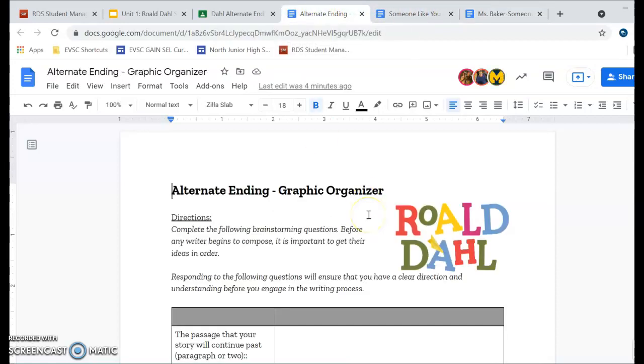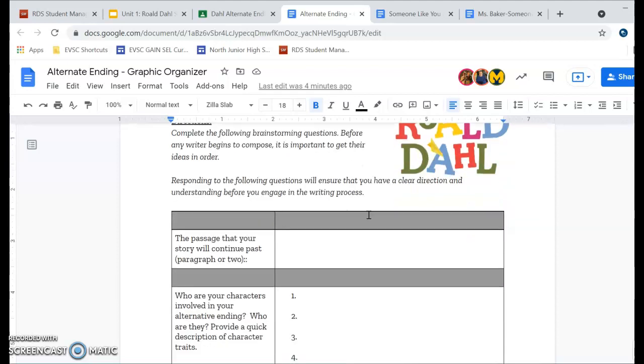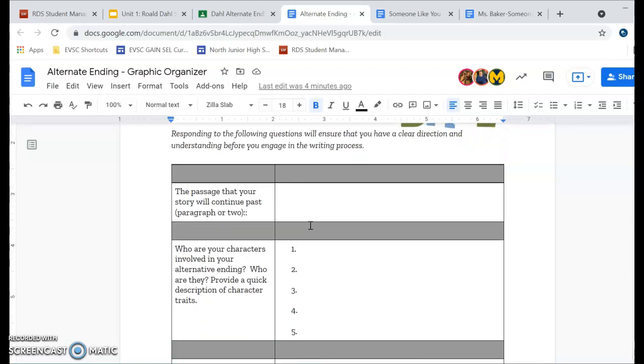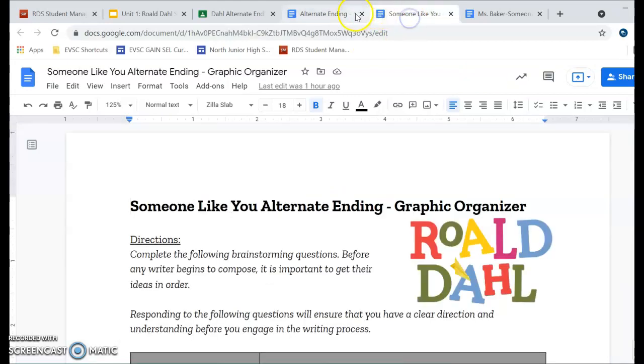So do we know what we're doing for this alternate assignment? First draft on Tuesday, but the final reading would be like Thursday or Friday. Yes. So remember, you're going to start with the passage that your story is going to continue after. So for instance, on mine,